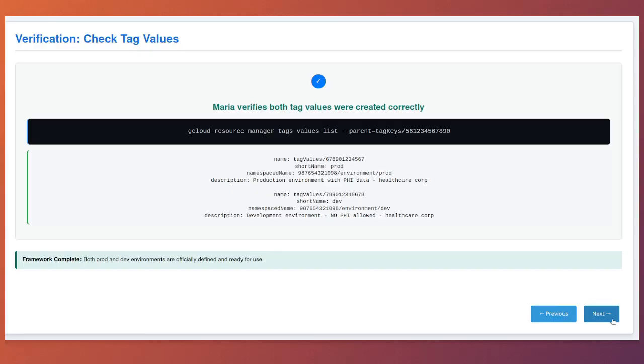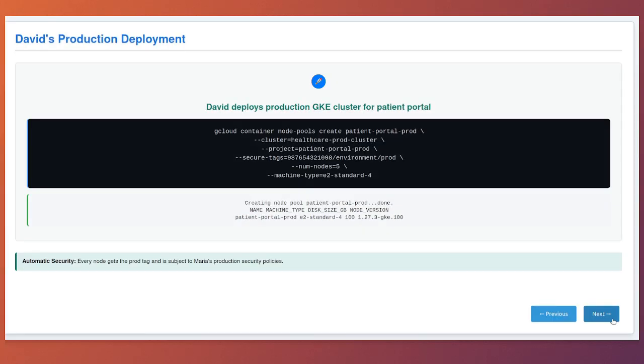David's production deployment. Now we switch to David's perspective. He needs to deploy a production GKE cluster for the patient portal application. Because Maria has already granted him permission to use the production tag, he can do this independently without waiting for security approval. Notice how David uses the fully qualified secure tag format, which includes the organization